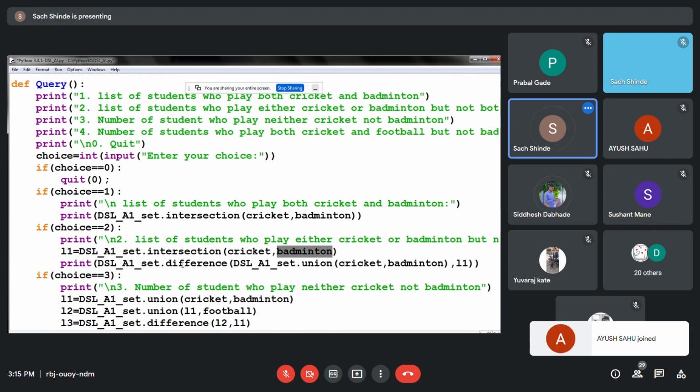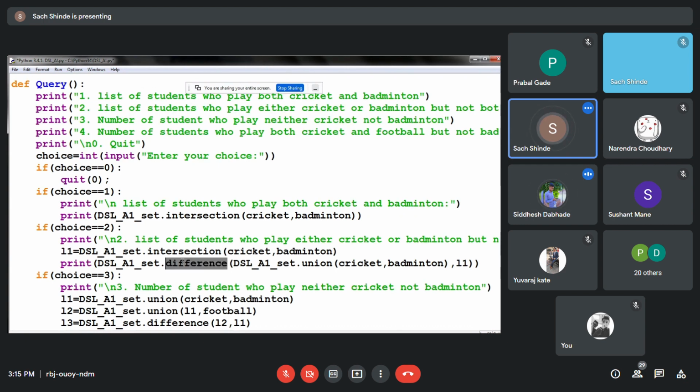First find the intersection of them and we store them into a list, and then find the difference between the union of the cricket and badminton subtracted by the intersection.